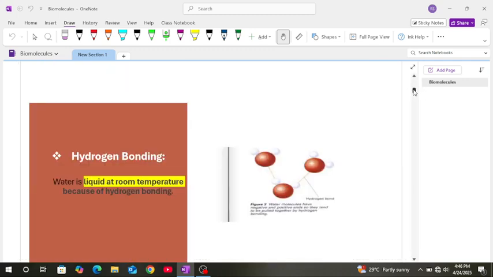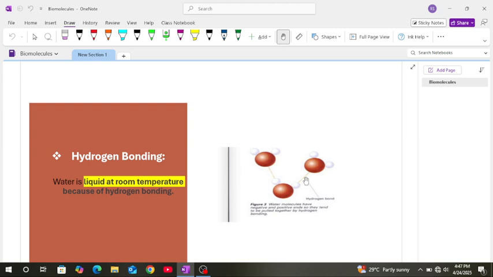And then, yes, this is a particular diagram which is showing the hydrogen bonding. See, this is a water molecule and this is another water molecule, and this is another water molecule. Like we have three water molecules. We can see this particular water molecule and this particular water molecule are making a bond which is called a hydrogen bond. Okay, and now because of this hydrogen bonding and the attractive forces present in water molecules,